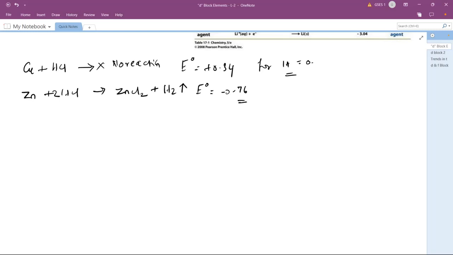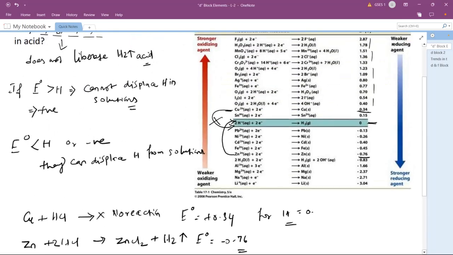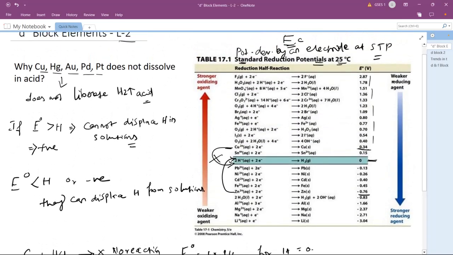And we have to understand this table perfectly. This is most important here. Understanding this table will help us a lot in solving many more problems in D block and in electrochemistry too. Let us start moving from bottom to top in this table.